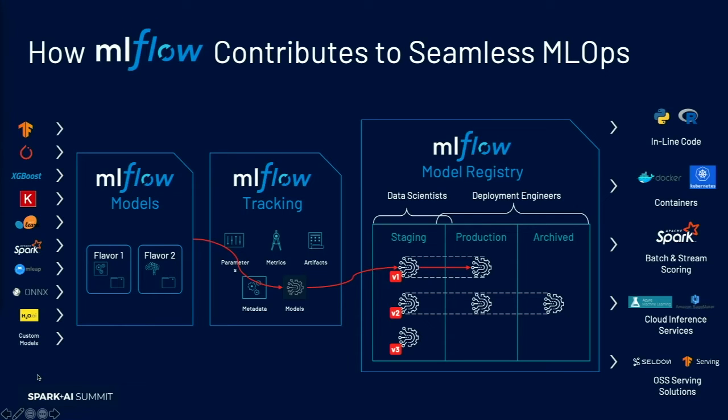So MLflow Models is the way that MLflow is able to package things up and bring models into a reproducible format. So what you're building in your code on the continuous integration side is consistent and going to be able to be deployed on whatever your deployment needs are. And then again, more on the code development side, the MLflow tracking server is going to be the way to develop your models and track all of these different feature branches and all of these changes that are happening within your model process. And then the registry comes into play